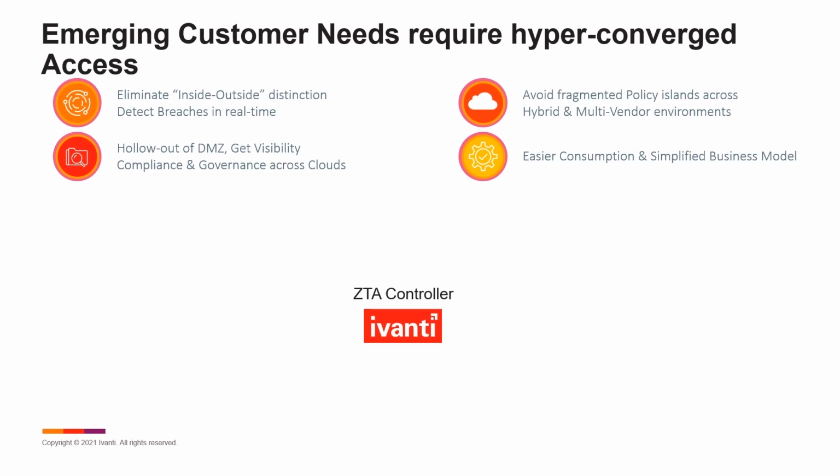Ivanti NZTA places the controller in the cloud to reimagine network access to apps. It's not a replacement for VPN, but it helps to extend secure access to the many applications people access without going through corporate network firewalls. It provides granular access and visibility, which I will demonstrate further into the presentation. ZTA is a hybrid and SaaS solution with flexibility to fit